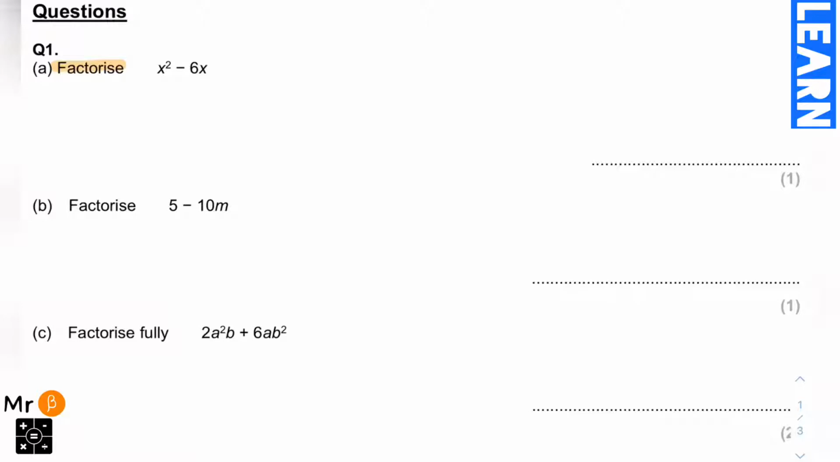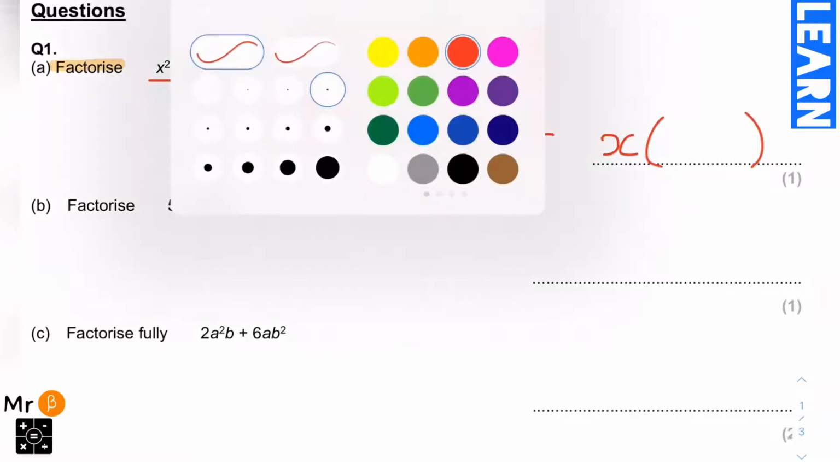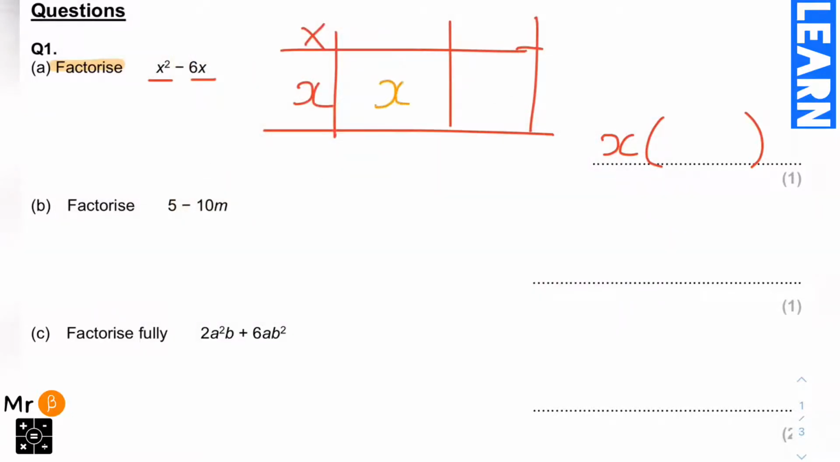This first question, you will notice that there is a common letter in both our x squared and 6x. So here, because there is an x common in both terms, we take that outside of our bracket. So just like when you expand brackets, we have got our answer of x squared